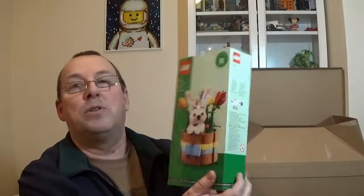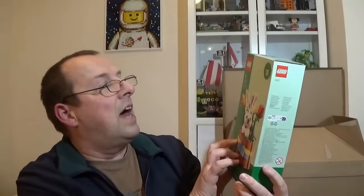So this was a gift with purchase from last year, last Easter, 40587, the Easter basket. I got a few of these last year, but it's always nice to get something extra for free. I think it was Voucher Cloud, Telegraph voucher codes. There's a few of these in the UK that had these, and all you had to do was spend over £65, which I was doing anyway. Use the code that they provided, put that in Lego.com when you place your order, and you get this as